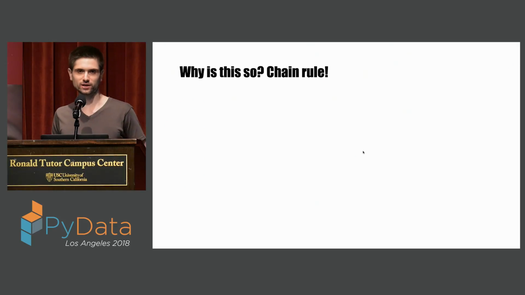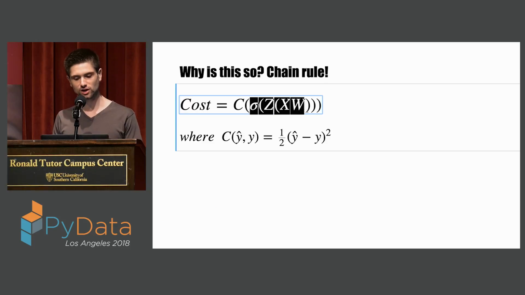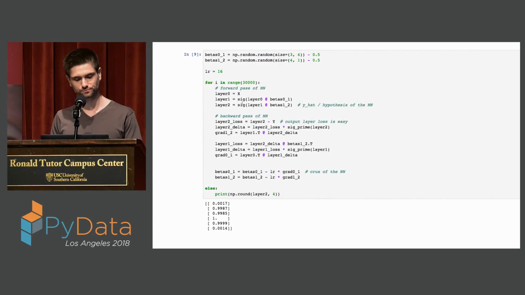Well, the answer is the chain rule, which you'll hear referred to interchangeably as backpropagation in the context of neural nets. And the chain rule is from high school calculus. What we have is a cost function, and our cost function is a function of something. This something is our y hat, our hypothesis. So if we go backwards,